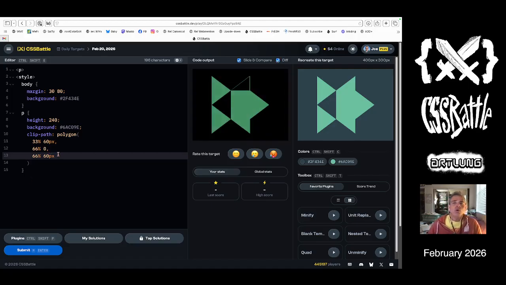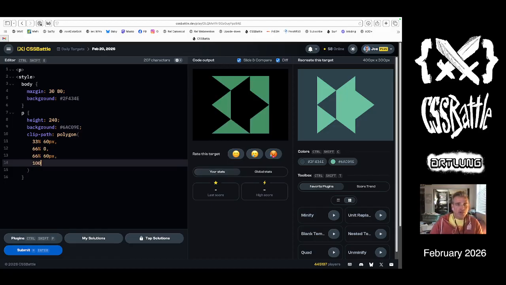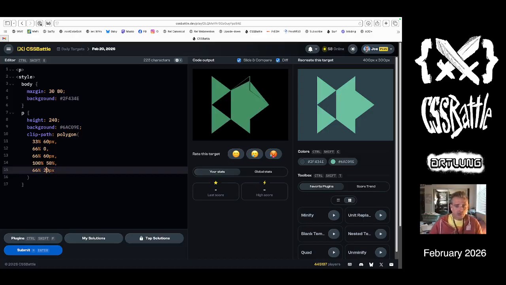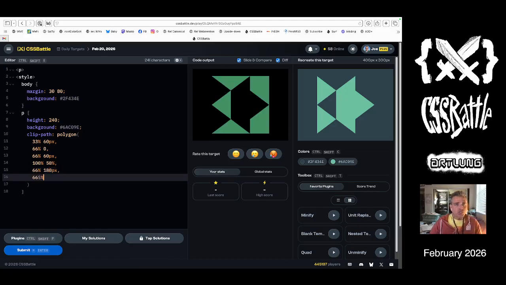Now I need to do that a whole lot more. We got how many points? 1, 2, 3, 4, 5, 6, 7, 8, 9. It's a lot of points, right? It doesn't make me love it. But it's possible that we can get it there. So let's 100%, 50%, and then 66%, and it's probably more like 67%. But we'll probably need to use pixel values. 200 pixels, 180, yeah, sure. And then we'll need 66%,